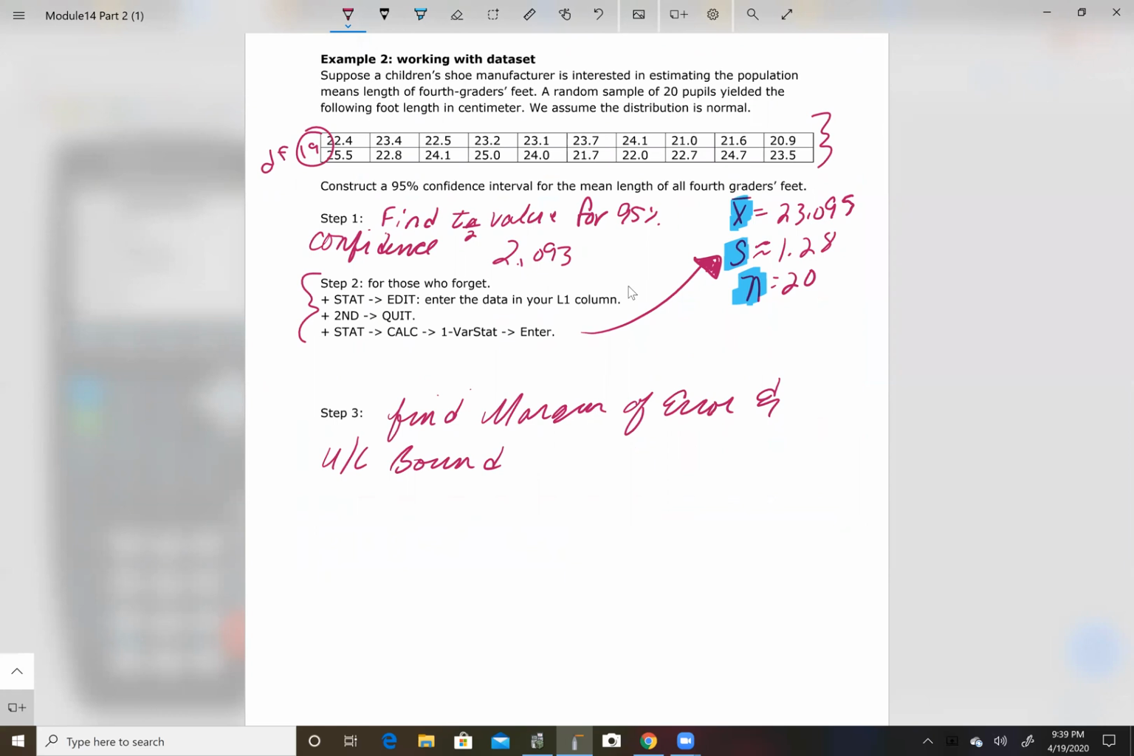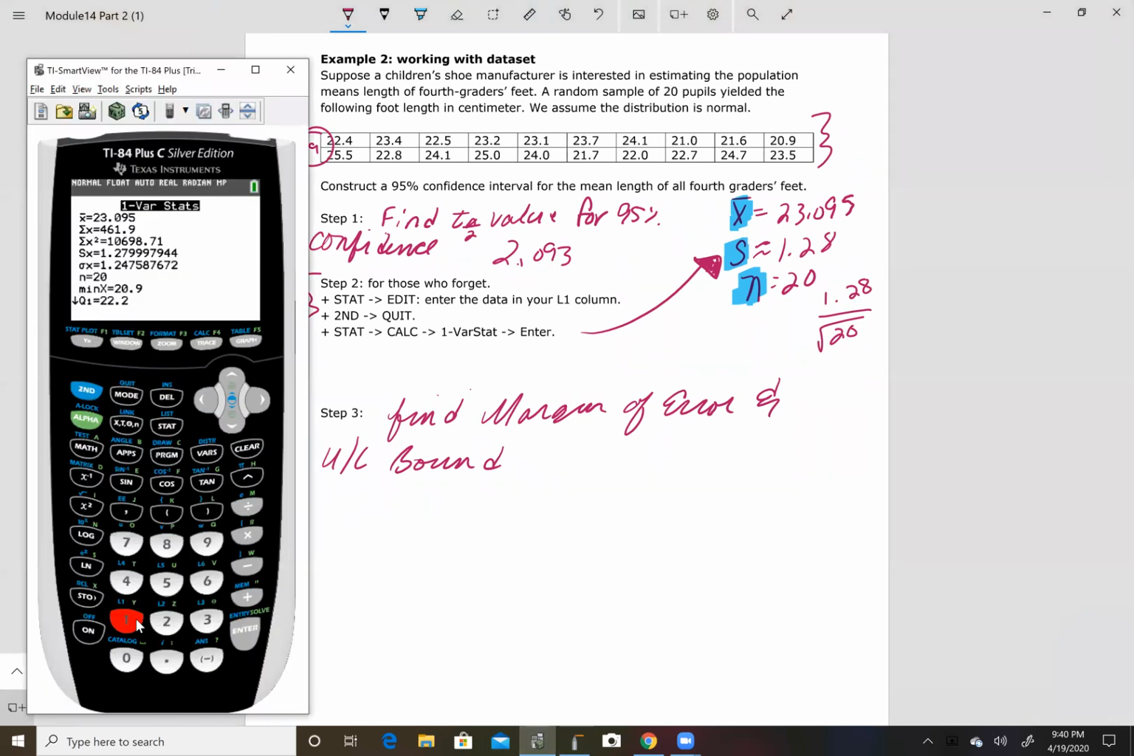2.093. And now I also need to find my S over the square root of 20. And my S is 1.28. I'm going to change that here. 1.28 from the calculator information. So if I enter that into the calculator, 1.28 divided by the square root of 20, I get